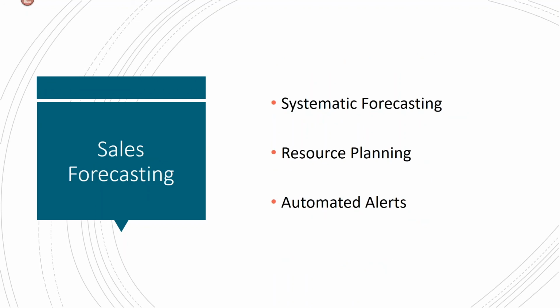Sales forecasting, near and dear to my heart in the world of sales, systematic. We've all been in the room where someone says, well, what do you think it's going to be? And somebody says, I think it's going to be 13% up, and someone else says, I think it's going to be 5% down. It's in the use of systems with quality information integrated in that we're able to do a more appropriate systematic forecasting based on accurate data, becoming useful information at the point of decision